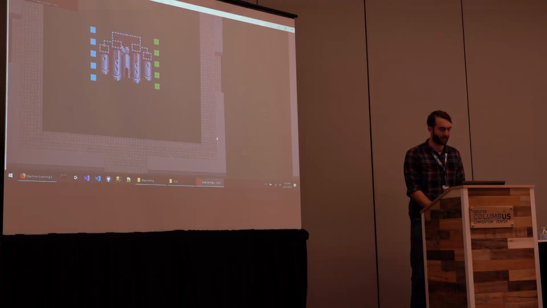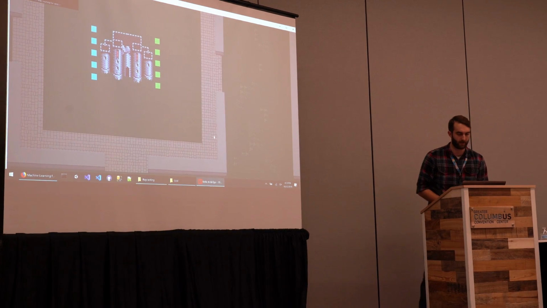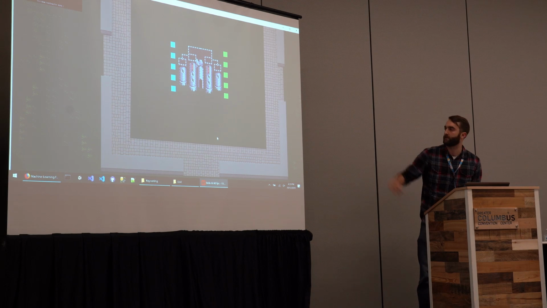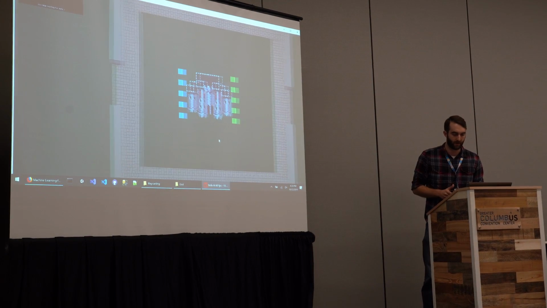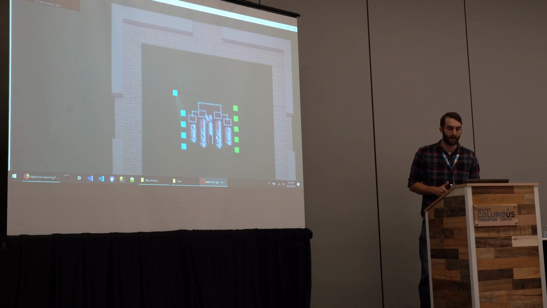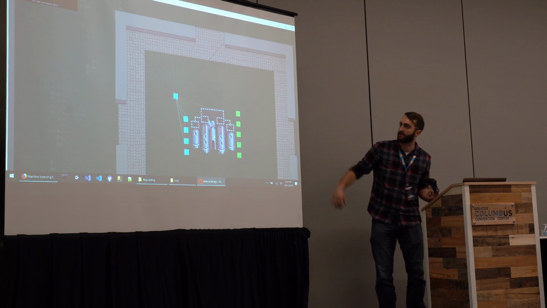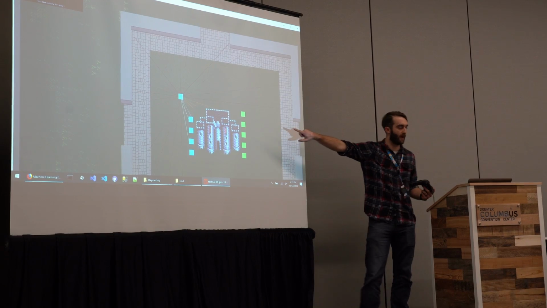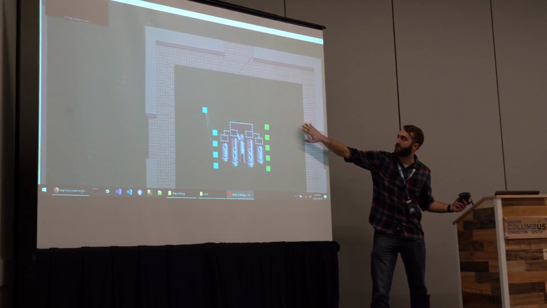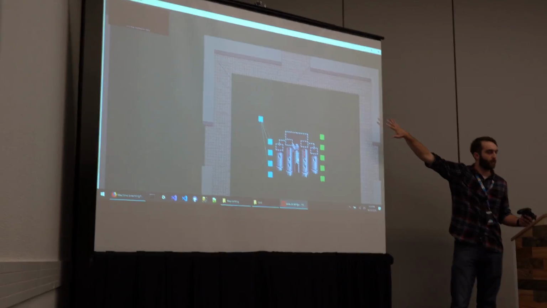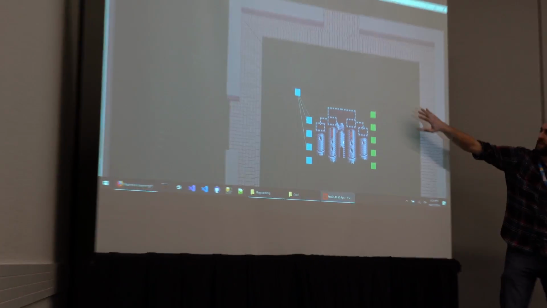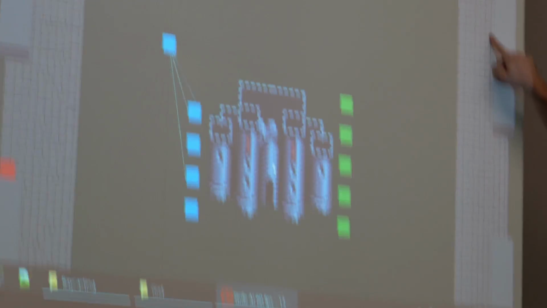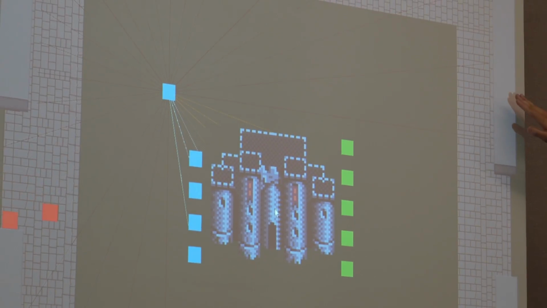So I have this set up in kind of a debug mode to explain how it works, but you control these robots. So we got blue robots and green robots. I can take control of a robot, and it's a little hard to see, but it's doing ray casting from the center of the robot. So the robot is seeing basically stuff in the world around it. This ray goes out, it hits this wall, and it tells the robot there's a wall here, and it's that far away from you.